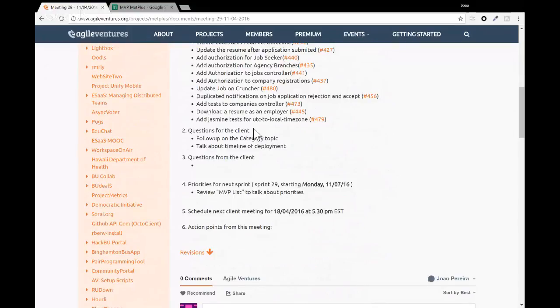And this is the part that we are going to add as new for today's meeting. It's the part where we will talk about the MVPs, and we will also be able to start prioritizing things in a more agile, scrumish way. And then that's it. We'll talk about when we'll have the next meeting, and we're done.